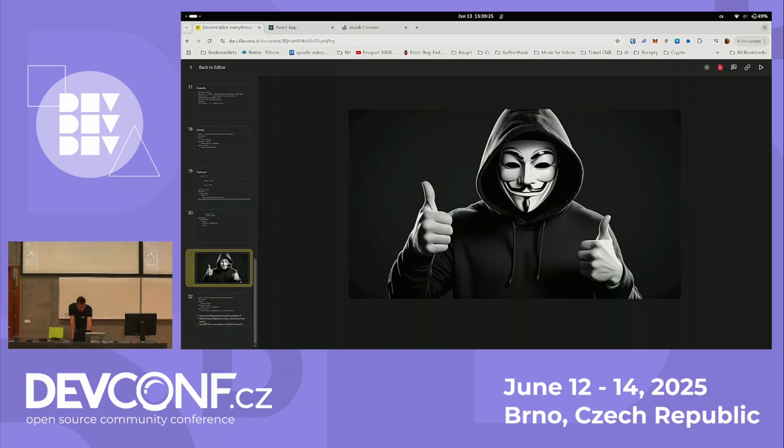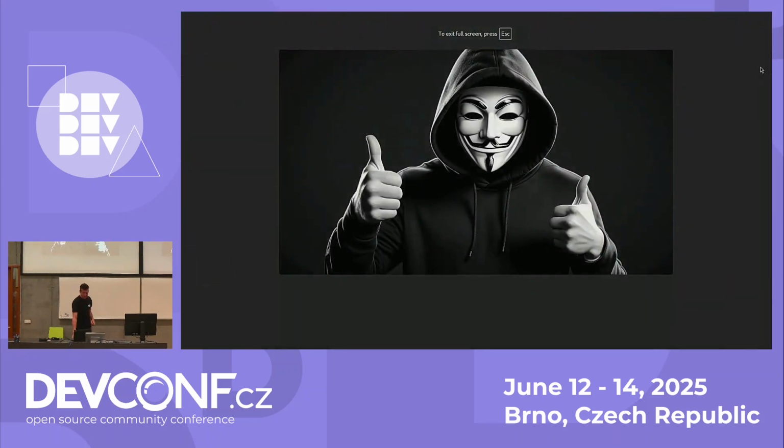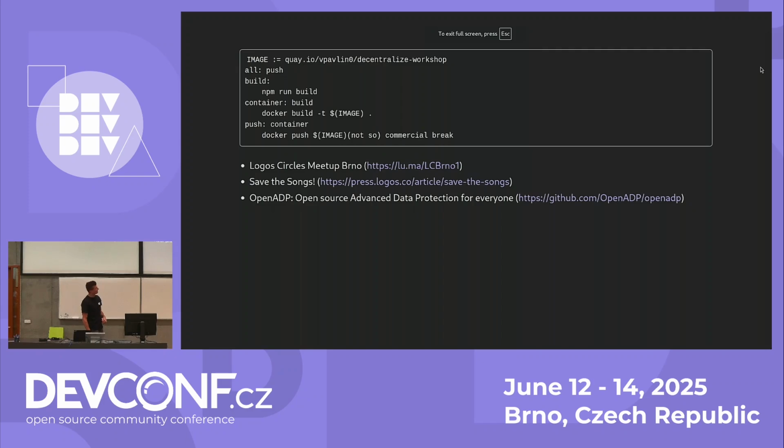So there is this slide, and then I wanted to show you. That was not supposed to be there. I wanted to show you these last 3 lines. So yesterday we had a meetup called Logos Circles, which is a meetup about what we do. We're trying to build decentralized communities and things like that. So there will be other iterations, and you can search for that.